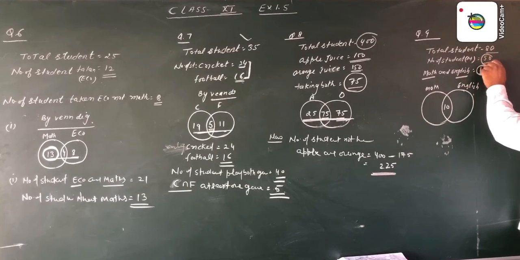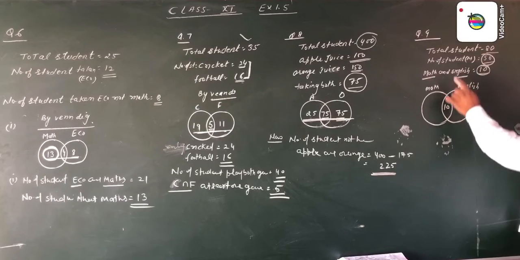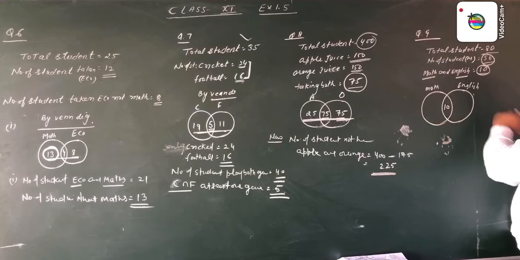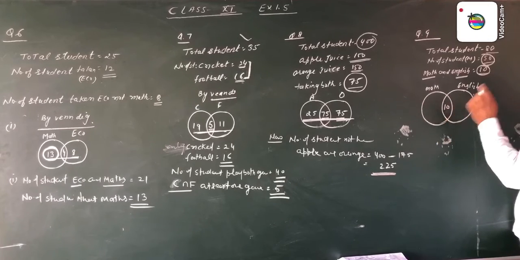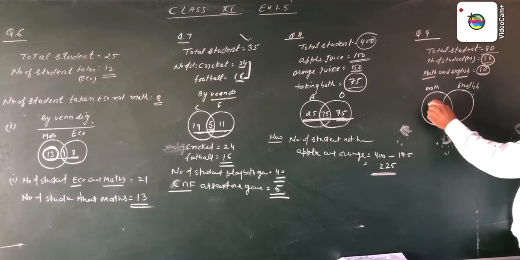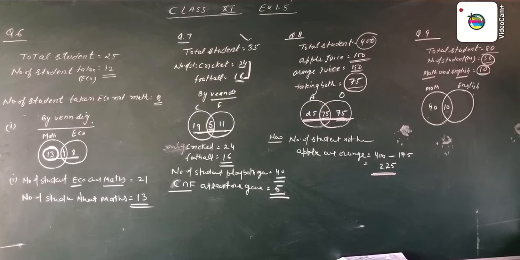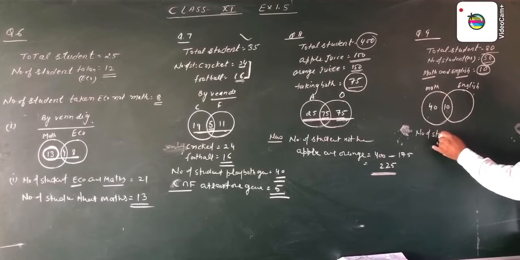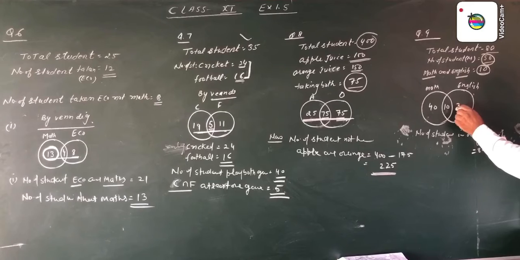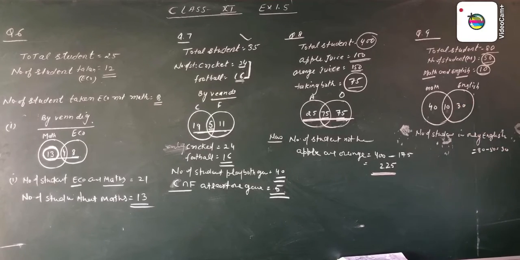Now we discuss these. These are the 50 students who have taken maths. This is the circle of only mathematics. Now 10 students already exist and the total is 50. 50 minus 10 means 40 students. Now we discuss these, who are only in English. We have taken only English. So these students are 80 minus 50. We get 30. These are the 30 students who have taken only English.